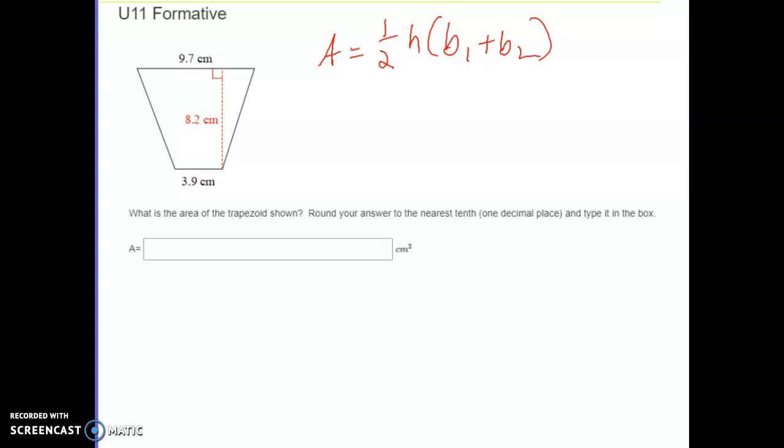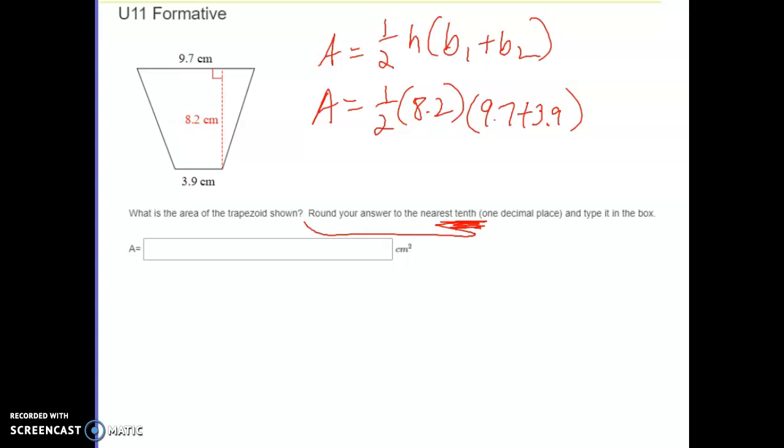So let's see. If I put those numbers in, the height is 8.2, and base 1 and base 2 are 9.7 and 3.9. Now the directions say round your answer to the nearest tenth, and this is checking to make sure you know how to round. When you put this in the calculator correctly and follow order of operations, you should get